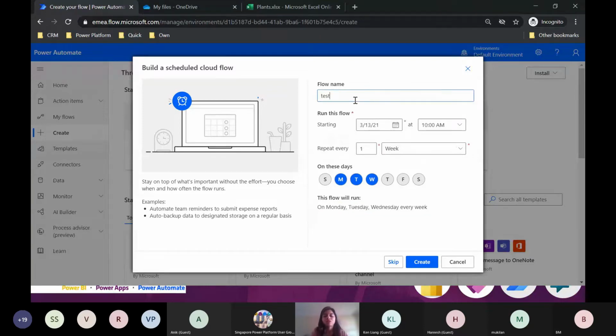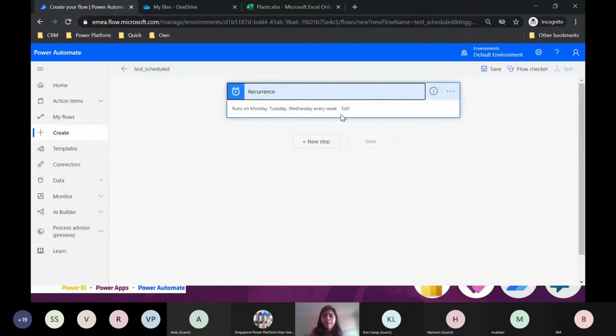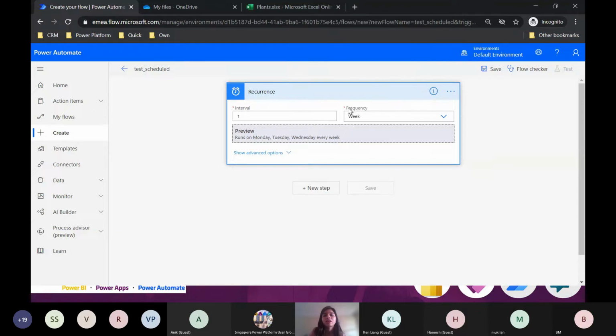You can also do a test schedule. This is by default 10 a.m. It's taking today's date. So I'm going to go ahead and create it. Whenever you create a recurrence, this will come. It shows you what you have decided. If I click on edit,